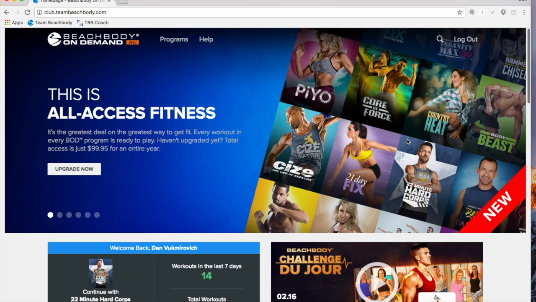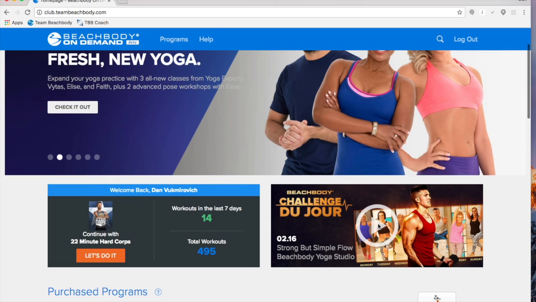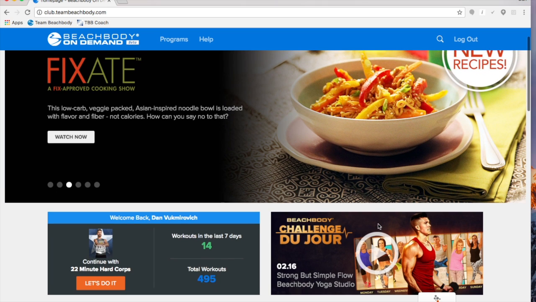Now, the cool thing about this is you'll get some idea of where you've been here. On the left middle here, you can see what program you've been doing, and you can see how many workouts you've done in the past 7 days. You can see my wife and I have both done workouts each day, so there's 2 there. Total amount of workouts, and then it lists a challenge du jour, which is a challenge of the day,